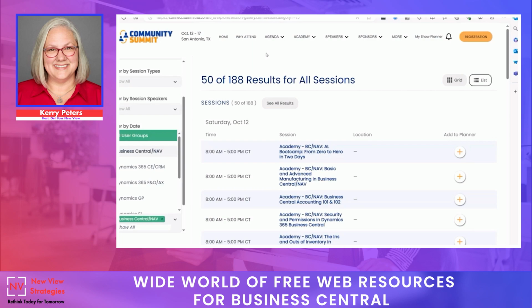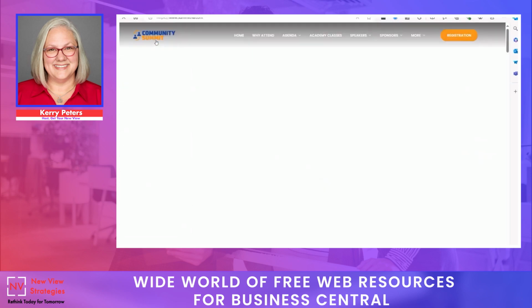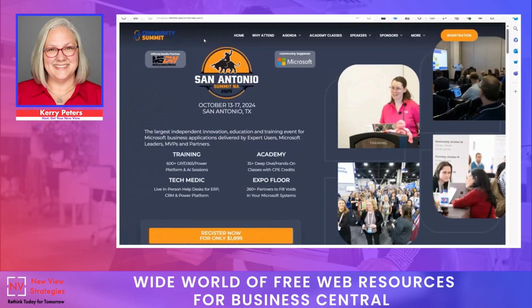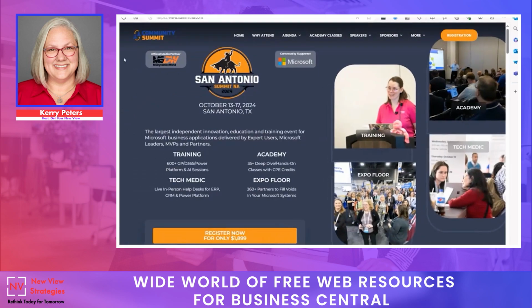Now, this does include all of the Academy, so I could do some further filtering, but that's a ton of sessions for really 4 days or so of time to be able to go to that particular conference. So plan to either do your work in the evening or take a break from your regular work, because this is going to be a huge deep dive learning experience where you can attend sessions all day and learn about